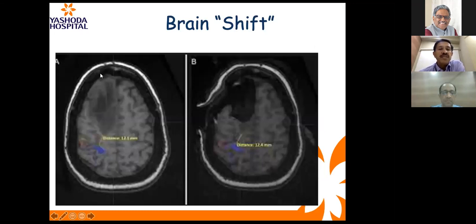As you can see here, this is a tumor which has been resected in this. And then when you see this structure, which is the motor cortex, see how much it has shifted following the resection of this tumor, because this compression has gone. So this distance has dilated by almost half a centimeter. So if you are going purely by navigation,